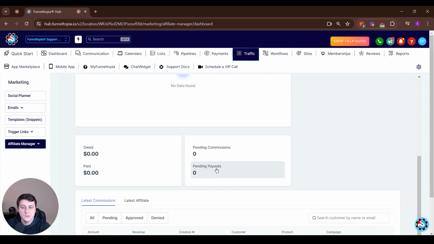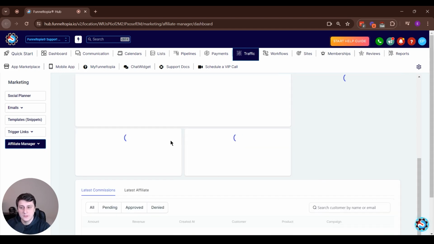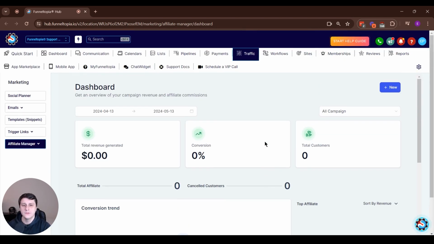Also, pending payouts, which is a new statistic in addition to the recent feature updates where you can automate the affiliate commissions, which makes your life easier. So that's another cool feature and it outlines it here. So there's a lot of good additions to make it a better overview of what the situation is. Definitely go check it out, and definitely go check out the Affiliate Manager feature in general,